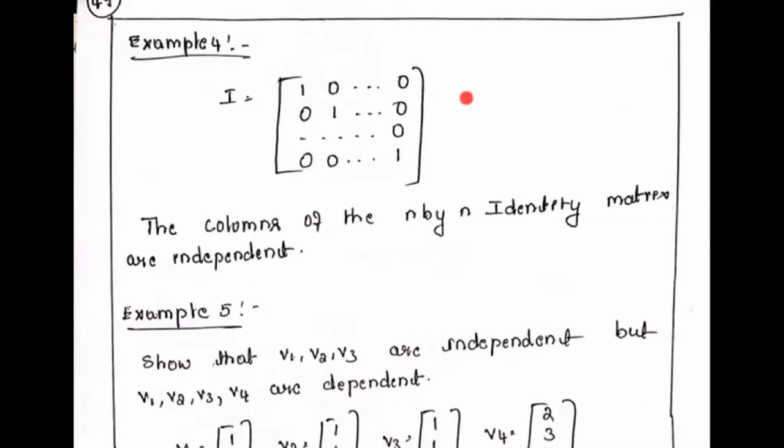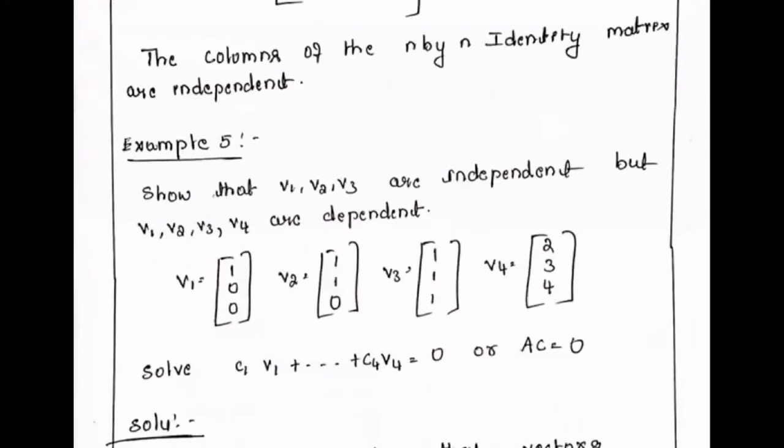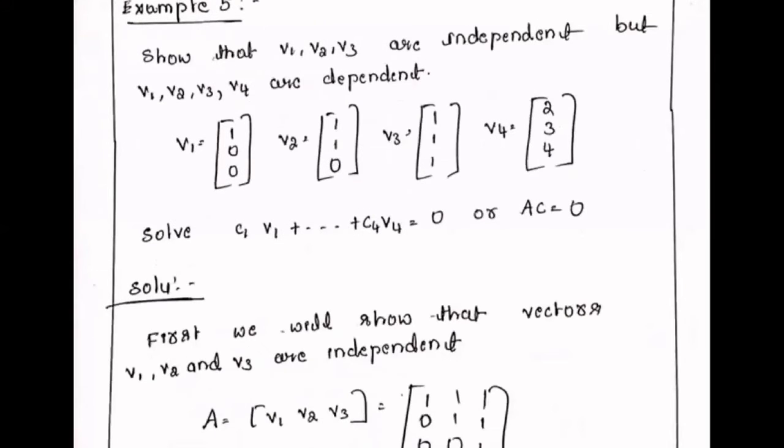So the next one is this. If you observe this matrix, if you consider the identity matrix, all the columns of the identity matrix are independent of each other. You can't express one vector with the other. Consider only this part: 1, 0, 0, 1. Okay, you can't express the column. If you consider the 2 cross 2 matrix, you can't express 0, 1 from 1, 0. Right? The identity matrix columns are independent of each other. That means the columns of the identity matrix are independent of each other.